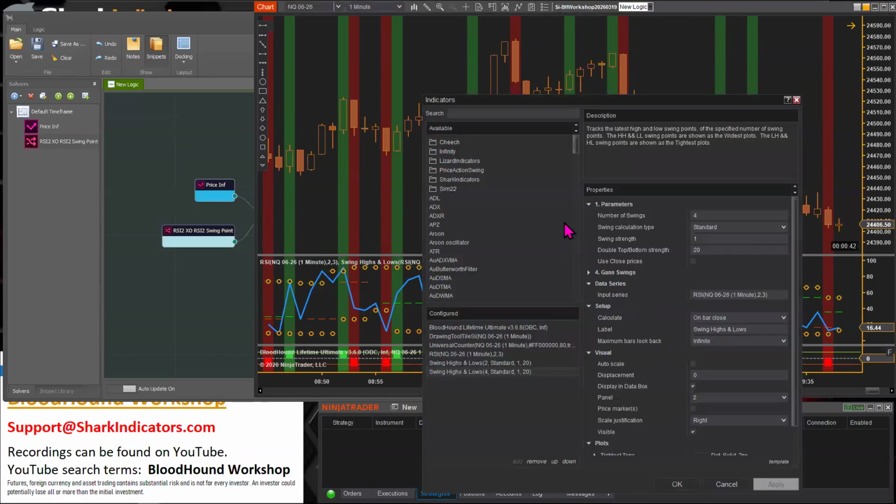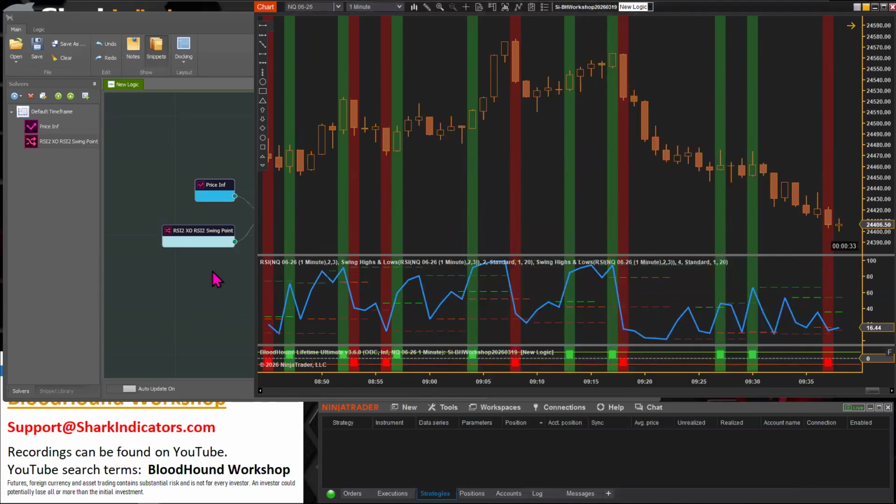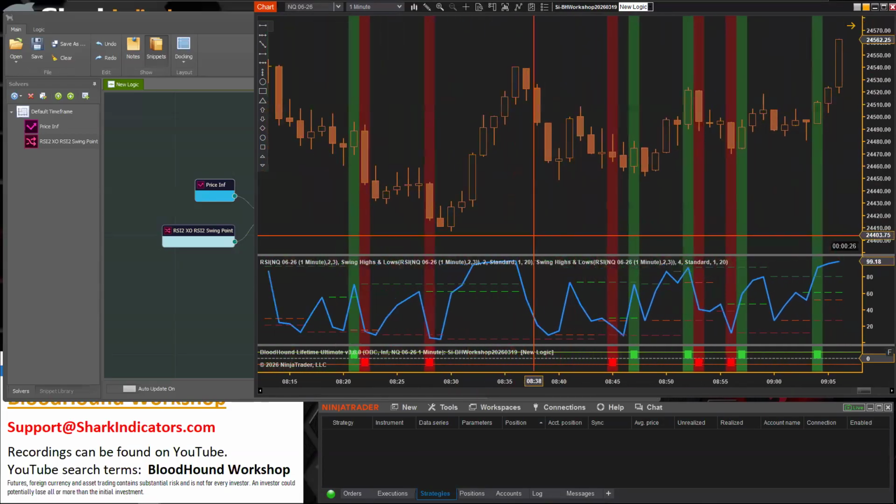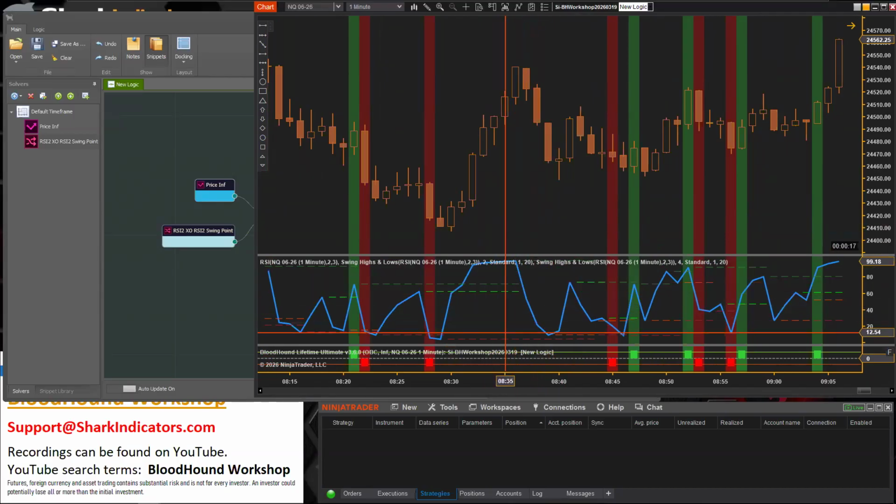So this would have been the swing highs and lows that uses a 4 number of swings. Yeah, so we don't actually have that. Yeah, so I don't think we're actually going to see any filtering here. Let's see, yeah, both of those ended.